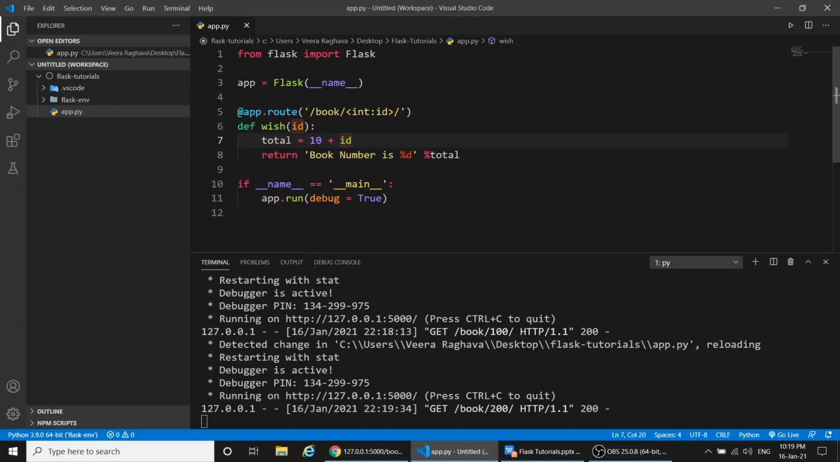Now I am giving 200. What must be the result? 210. Here 210 came, no? I am supplying 200 as an ID, but here 210 comes up. That means what? The 200 is treated as a number, and that is why it was added to the 10, and the total was displayed back to the user. Now